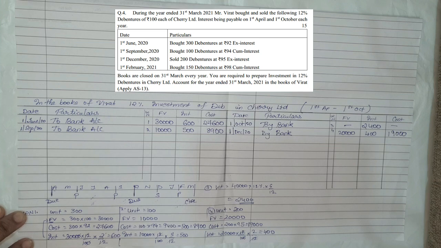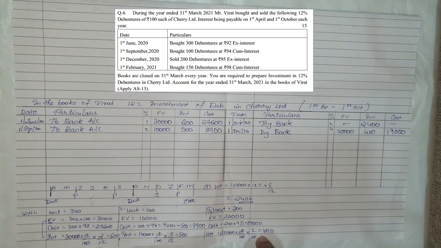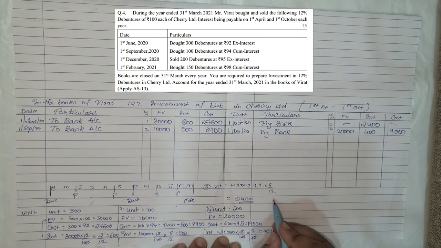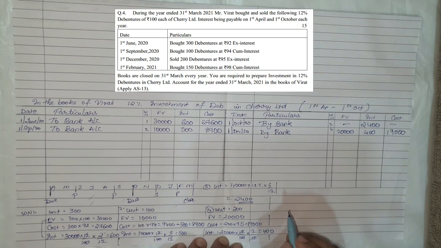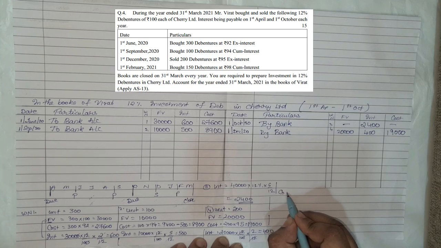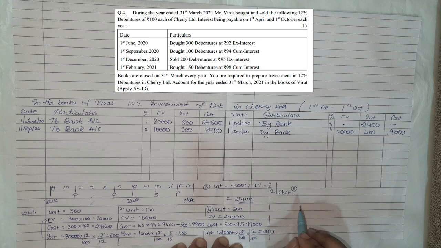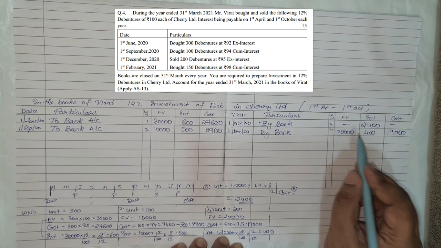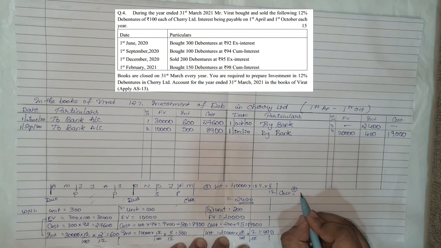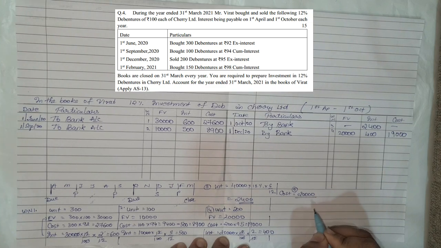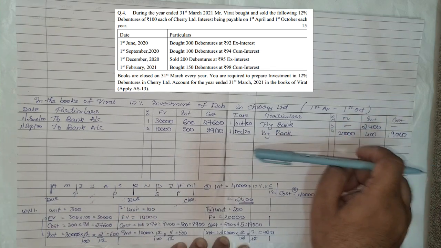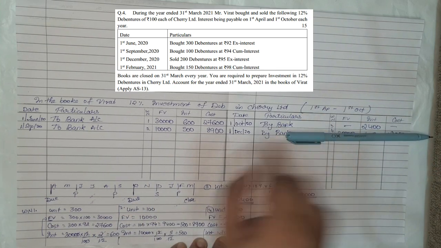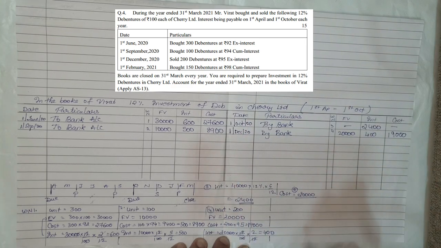Okay, now comes the most important part. The moment you sell, we need to find the profit or loss. So we need to find the cost. Now cost will be working note number 5. How to find the cost? NV of sale, FV of sale, okay, nominal value or face value. So that will be 20,000 upon total FV. Total FV was 40,000 minus, see, whenever you're selling, hide that part after that. So it is 40,000 minus nothing. So upon 40,000